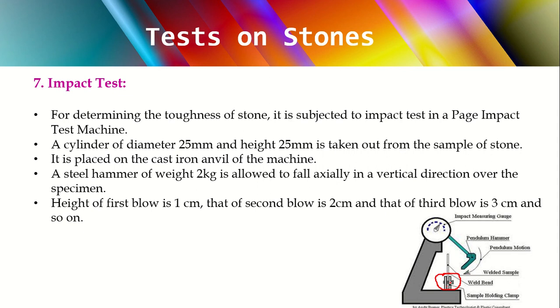Then in this testing machine, as I've told you, we are checking the resistance of the stone towards the impact loading, the sudden loading. We take the help of the steel hammer, the blue color one you're able to see, and the weight of this hammer is around 2 kgs. Once you keep your sample ready here and fix it in position, we release this hammer suddenly. This hammer will come and hit the stone sample.